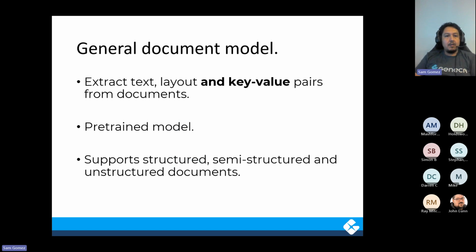The general document model, we can think about these as going a level higher. So you can do text and layout, but also key value pairs from the documents. Obviously, it is a pre-trained model that supports structured, semi-structured, and unstructured documents. So you can pass different types of documents into this API, and when you call it, it will try its best to detect all the text, layout, and all the different fields that you have. If it's a form, for example, it's going to detect those fields and the values that are populated